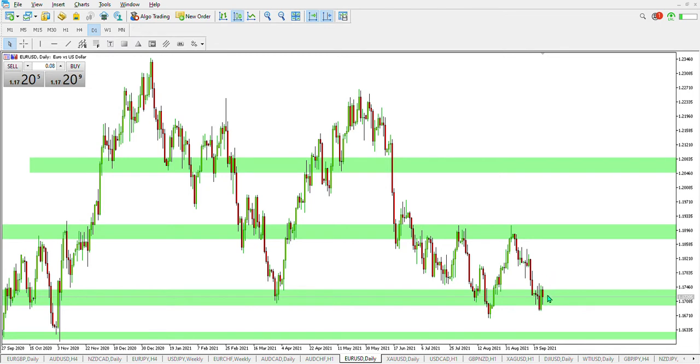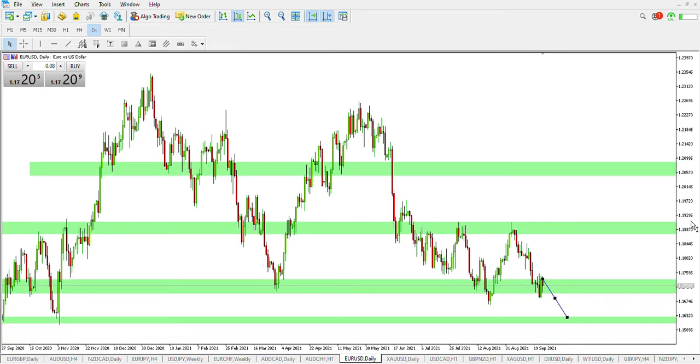Another beautiful test of the support zone on the daily chart and an opportunity for a bounce back to the upside, probably to these previous weeks right here or to the previous resistance area. That would be beautiful. If not, if the market continues its downtrend, then we will definitely test these beautiful two